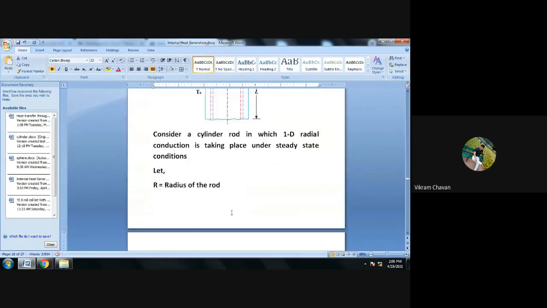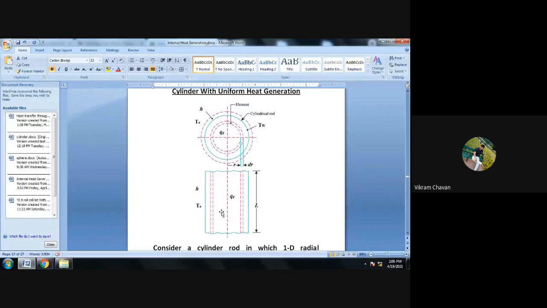Getting everyone? Whether you understood the diagram? So draw the diagram, everyone. I will give you 2 minutes. Simple freehand sketching is required. Now these two concentric circles are the element we have considered, and the external dotted line shows that there is an external environment, ambient air, outside this wall, and heat dissipates from the surface of rod to the external environment. Is there any doubt? So draw the diagram.